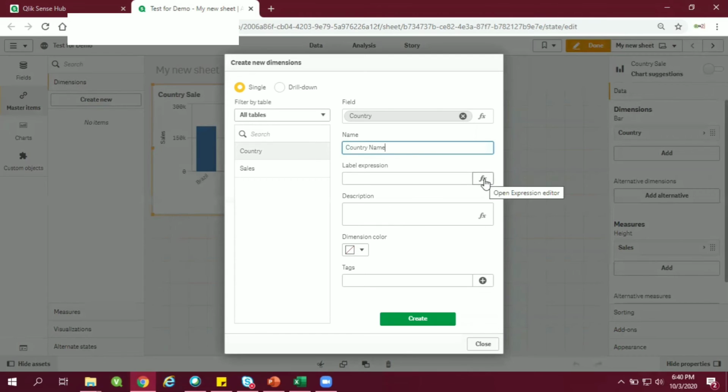So for example, if you want to write it in a separate way, you want to print the country you have selected or something, you can write different functions and you can label it as well. I do not want to do that. I want to keep it as simple as it is. So I'll put it over here. You can also expand it and do it. Now second, I have to tag it, otherwise it will not take the dimension. Then I have to add it, and then you click create. The moment you do that, you can see over here that a master dimension got created.